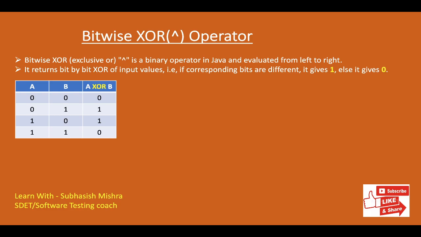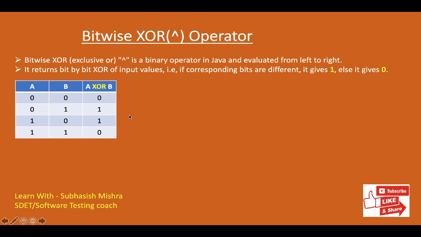So what we are telling is, first of all it will be a binary operator, so the values will be either 0 or 1. And when we calculate a XOR b, 0 and 0 should be 0 because these two are same. 0 and 1, it will be 1 because these two are different. Similarly 1 and 0 will be 1, and 1 and 1 will be 0. We need to use these things in our code.